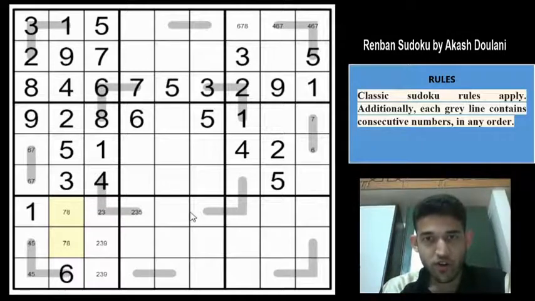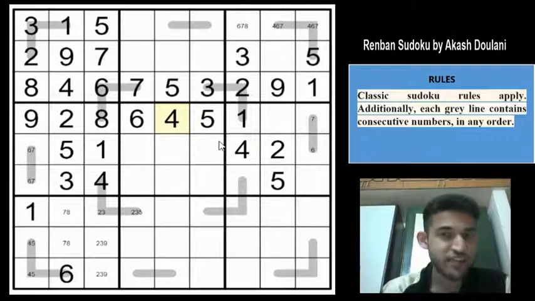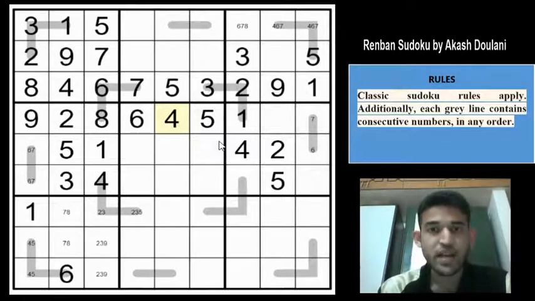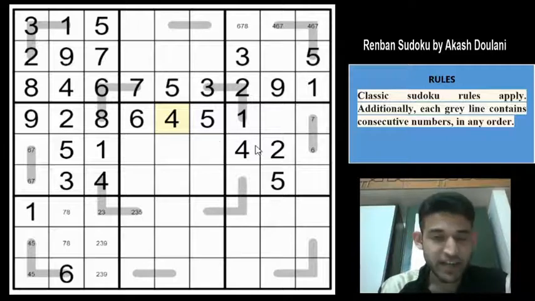So where do we go now? So 4 is in column row 5 and row 6. So 4 has to go in row 4. So you see that I am constantly switching between classic and the variant property. In any Sudoku, it's important to always have a lookout for the classic digits as well, because sometimes when we are solving variant Sudokus, we tend to forget seeing classic digits that can be placed and we often get stuck. So you also need to look for the classic rules in the variant Sudokus.